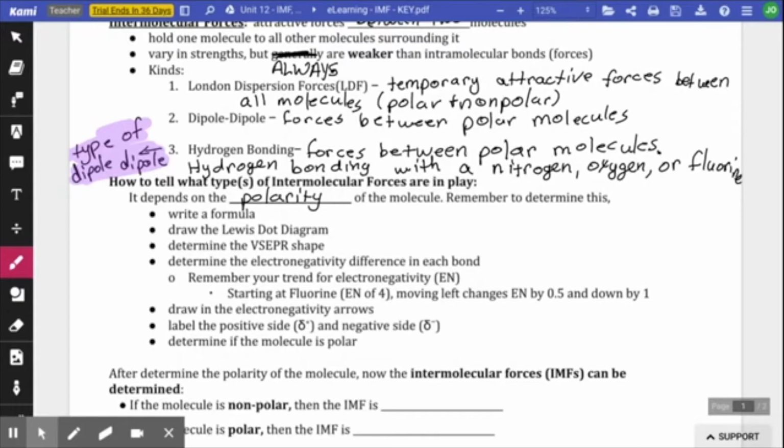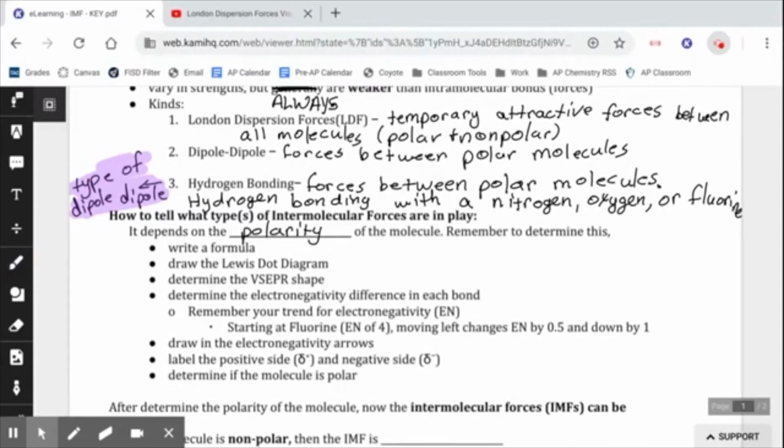So remember that trend: we start at fluorine. And then if we're moving left, you're going to change your electronegativity by 0.5, so it's going to decrease by 0.5. And as we move down, it's going to decrease by 1. So again, as you move left from fluorine, you're going to decrease by 0.5, and as you move down, you're going to decrease by 1. All right. After you have figured out what your electronegativity is, then you would